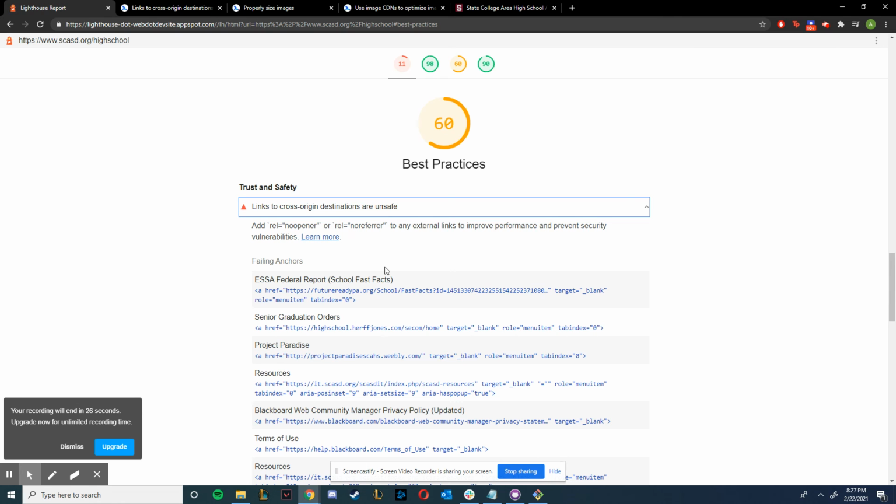From what I read, the best way to combat this is to add noopener or noreferrer to the rel attribute within the link tags in your HTML. This will prevent a new page from being able to access the window.opener property and ensures it runs in a separate process, so that everything is safe and secure within the website itself, and any links that take you off of it will either give you a prompt or won't even allow